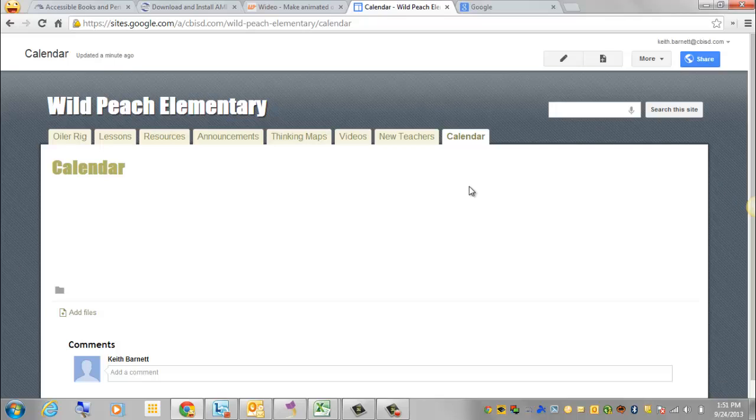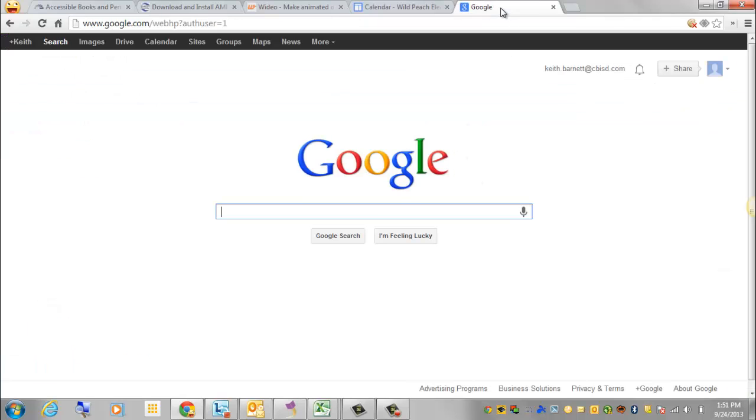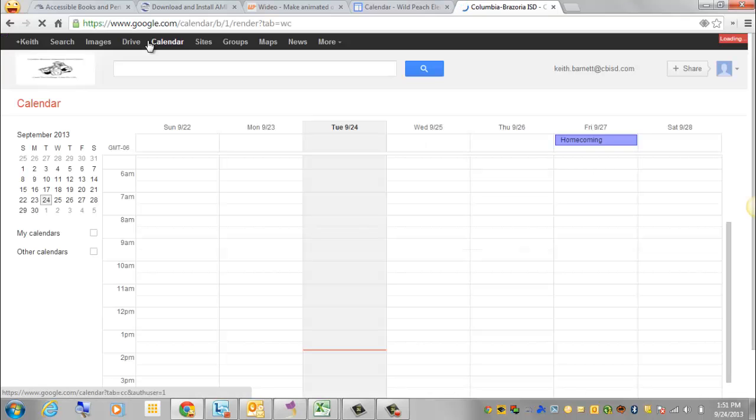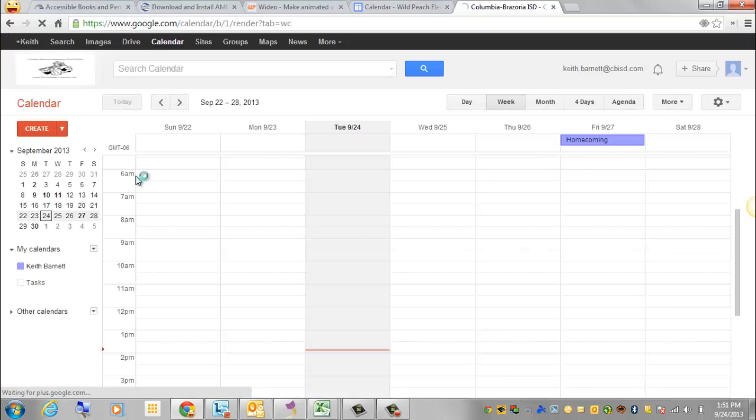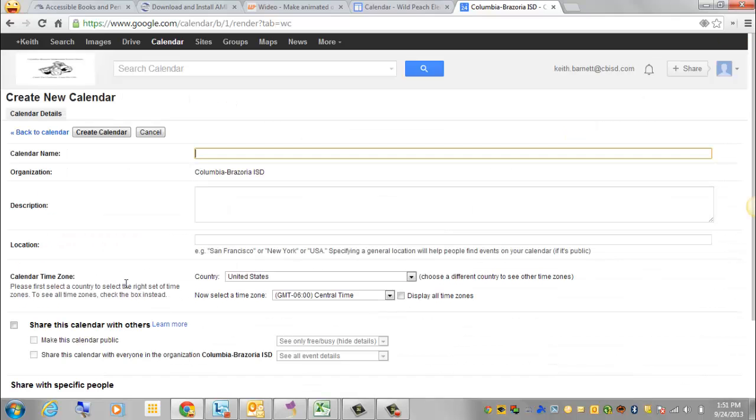You can use a calendar that's already created that you're already using, or you can create one from scratch. So to create a calendar, we're just going to go to Google, the main site, just google.com, and we're going to go to calendars in the top bar. Over here on the left, you'll see the calendars that we have. We've got my calendar, and then the little drop down button, you can create a new calendar. For embedding in this website, we'll just call this